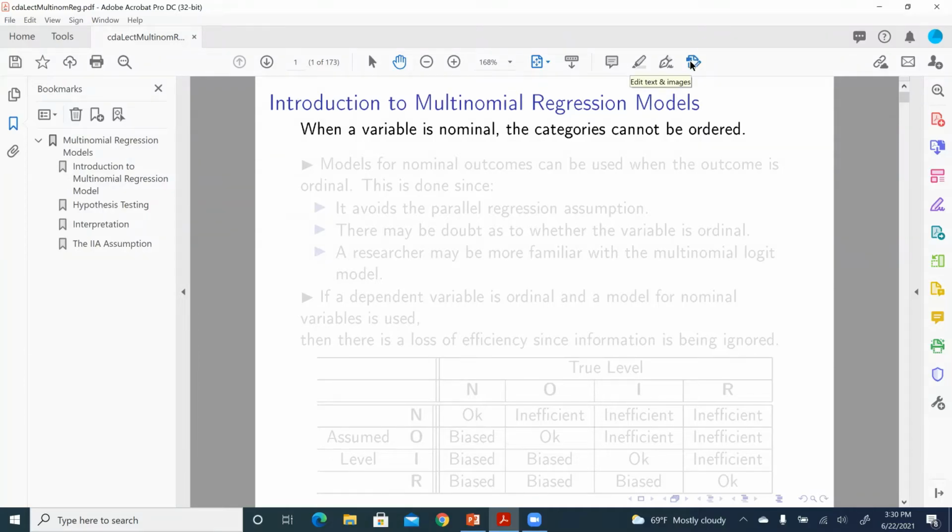Well, this lecture introduces the multinomial regression model designed for analyzing nominal response variables. When a variable is nominal, the categories cannot be ordered. There are two things that are unique about nominal variables in terms of their quantification. First of all, the difference or the distance among different value categories of nominal response variables